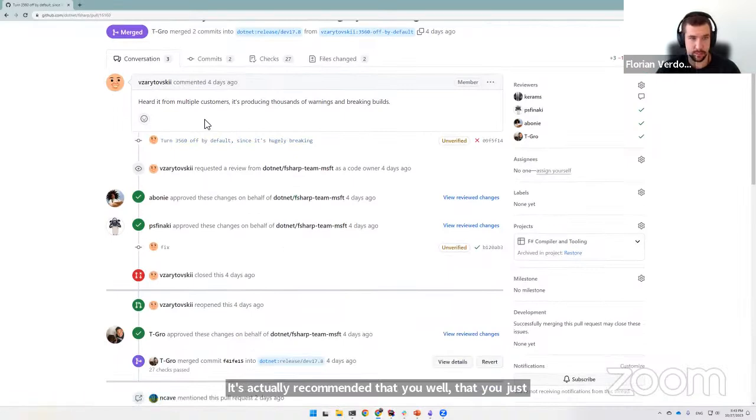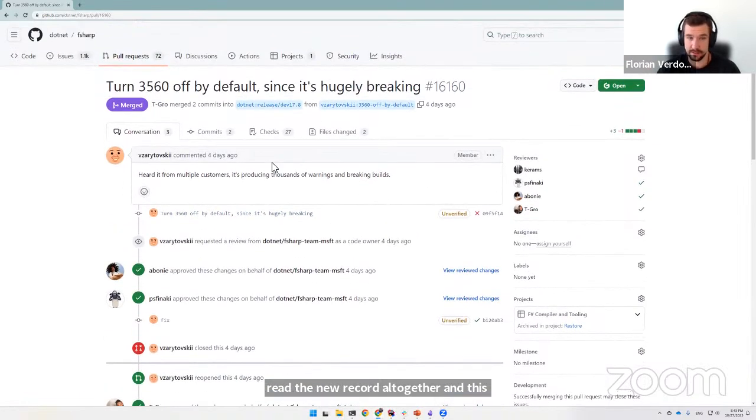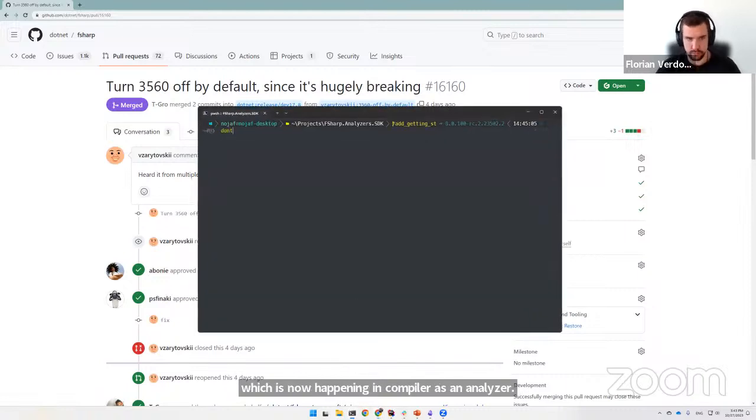And this was causing a lot of warnings for multiple customers. Then I figured out where is the boundary between something as part of the compiler and something that could have been an analyzer. So I was curious, could I make this new feature, which is now happening in the compiler, as an analyzer? So to give you an idea of what I'm talking about, let's do